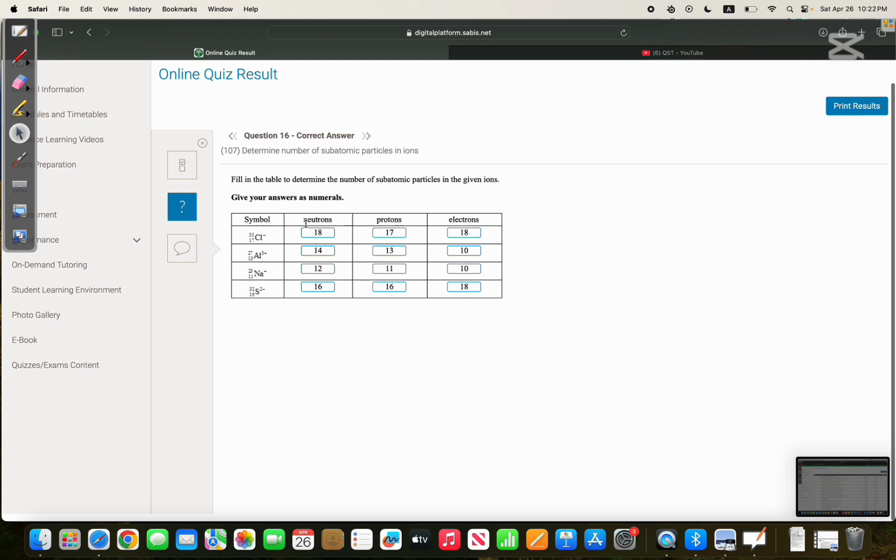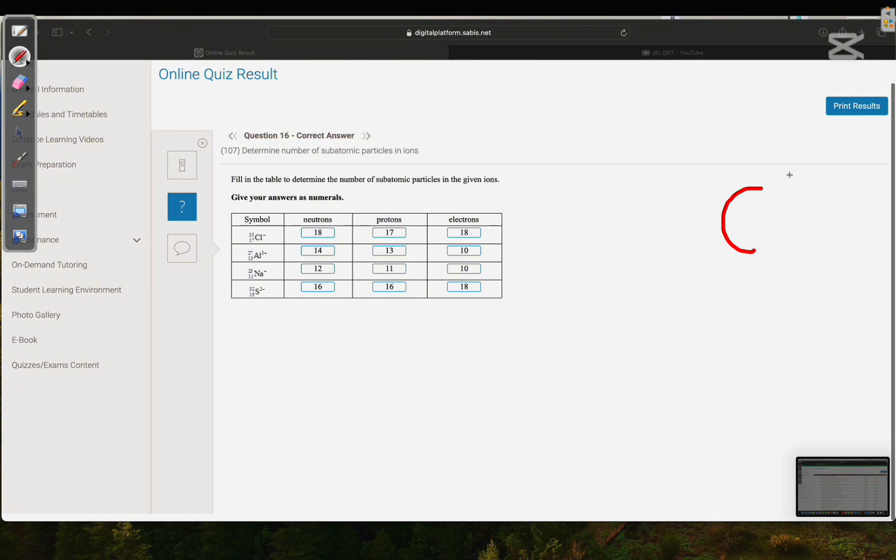Fill in the table to determine the number of subatomic particles in given ions. Okay, so Cl minus, 17, 35. First, the number of protons is the number at the bottom, which is 17. The neutrons is the mass number minus the atomic number, which is 18. And now to find the electrons, look,